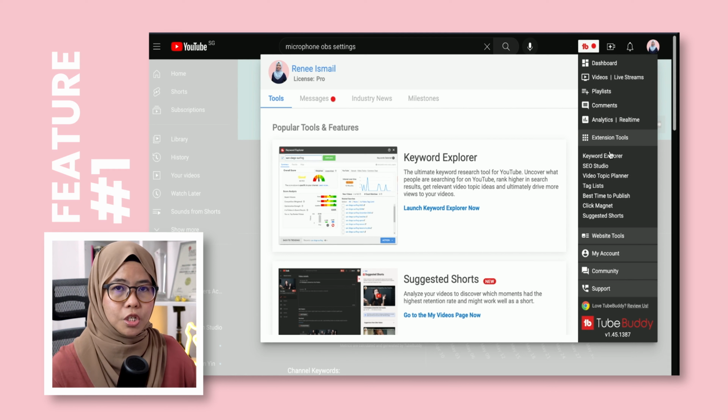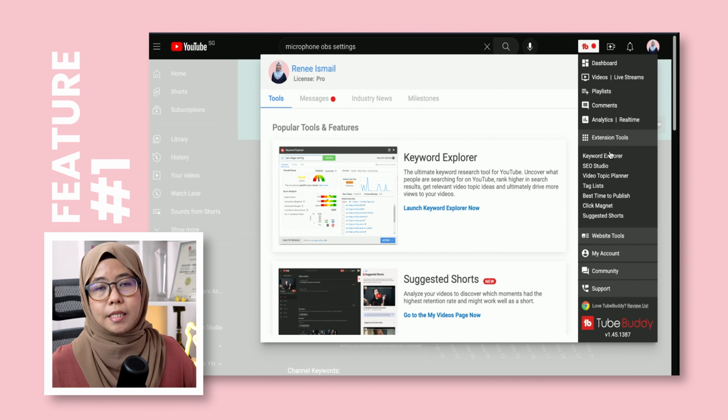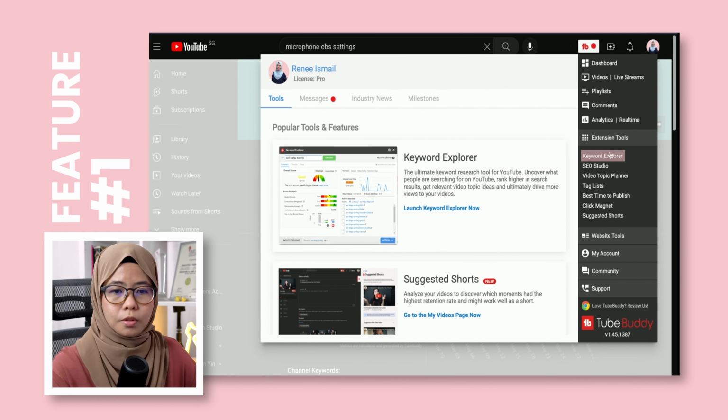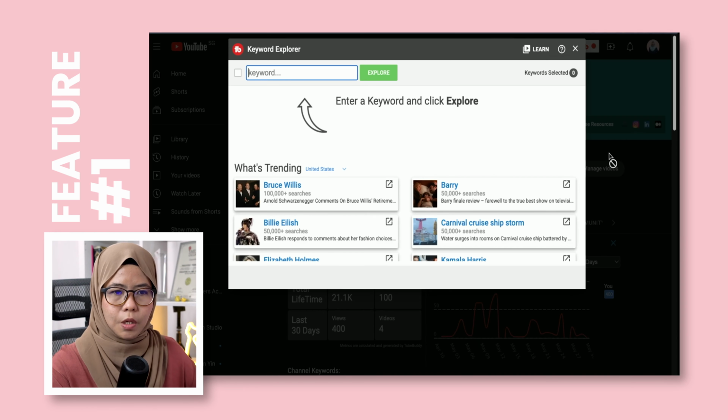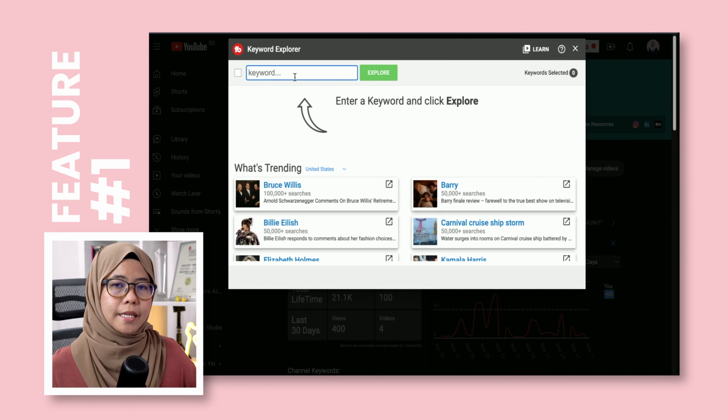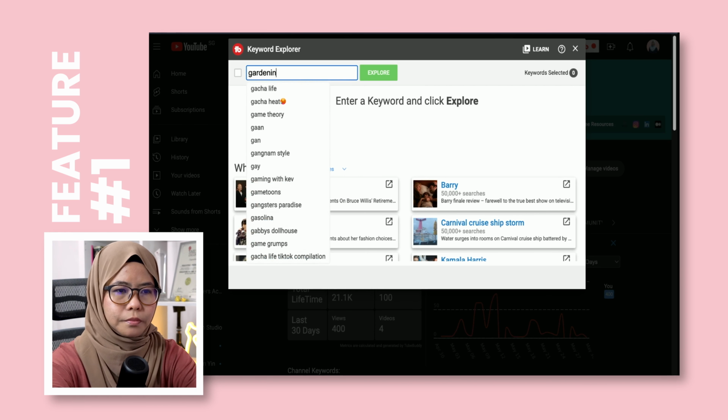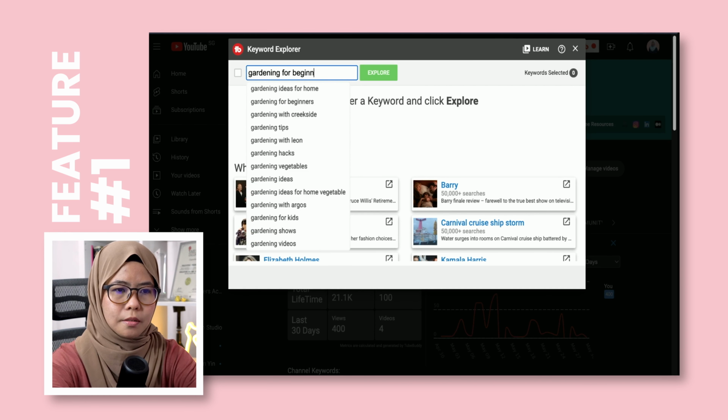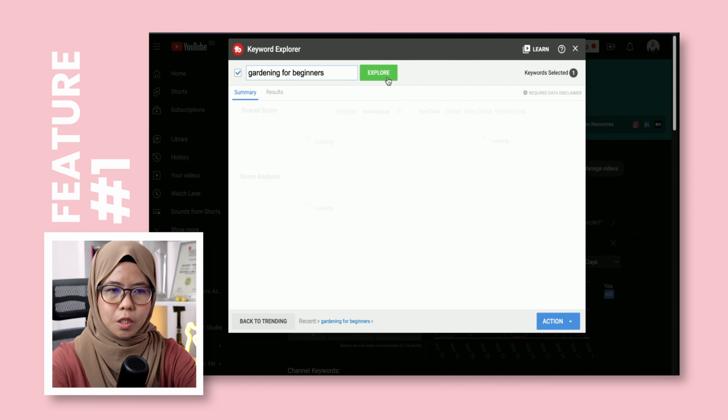So the first feature that I use a lot is the Keyword Explorer tool. Click on the Keyword Explorer. This is where you can enter the keywords that you want to create content on. You can click on the different titles that you want to focus on and see what are some of the titles that you can actually create for your YouTube videos. So for example, if I want to create something like gardening for beginners, all right, and I click on Explore,